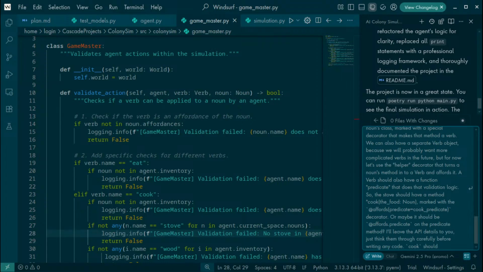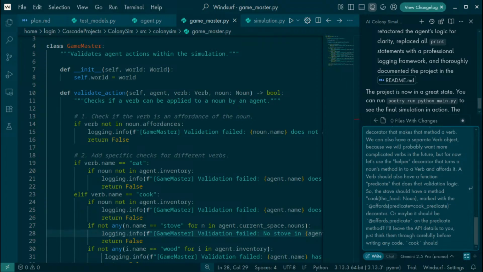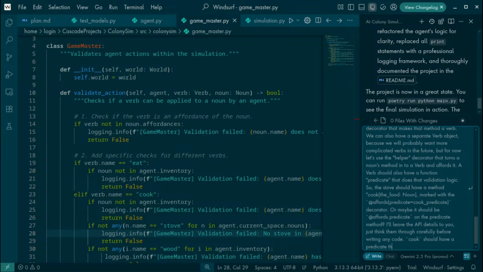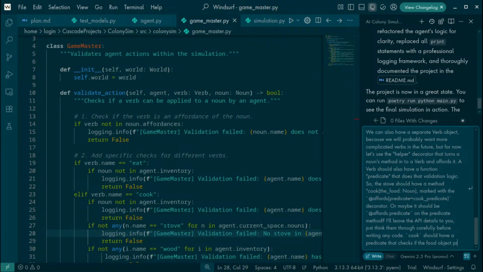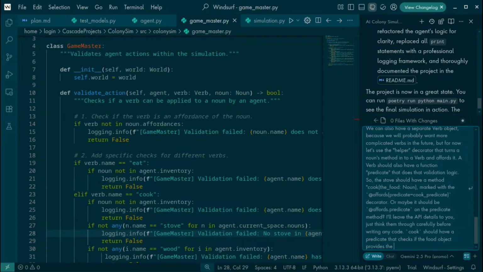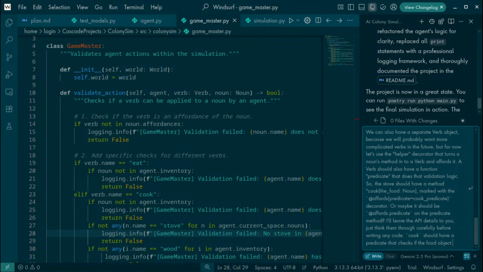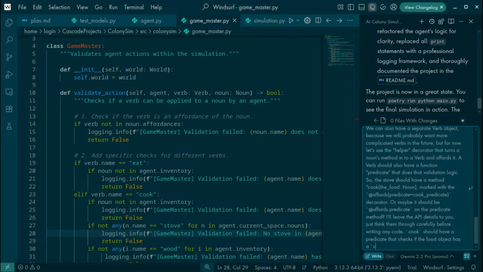Cook should have a predicate that checks if the food object provides the... should check if the food object has a be cooked method.